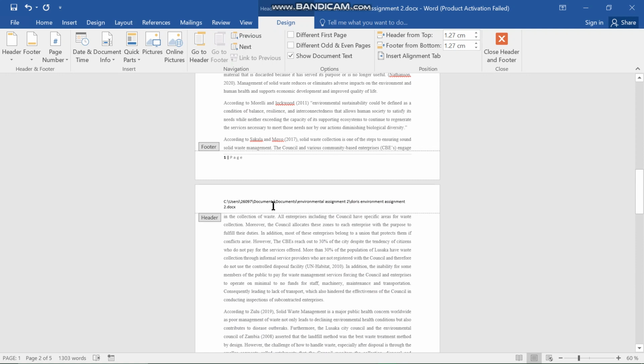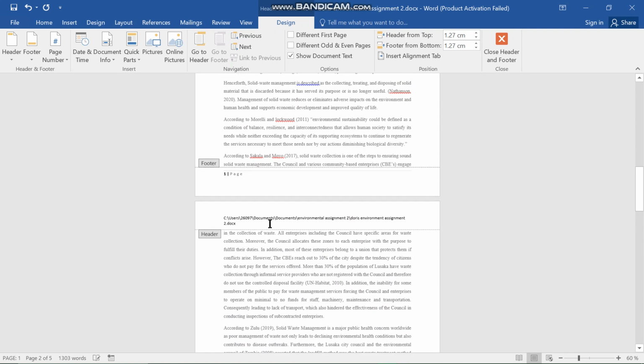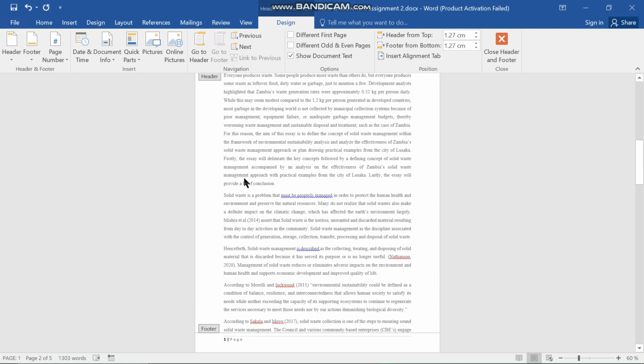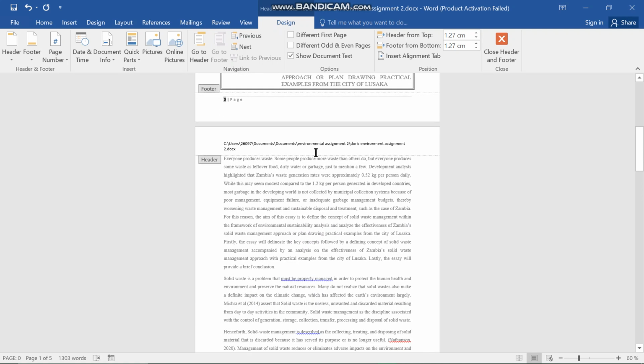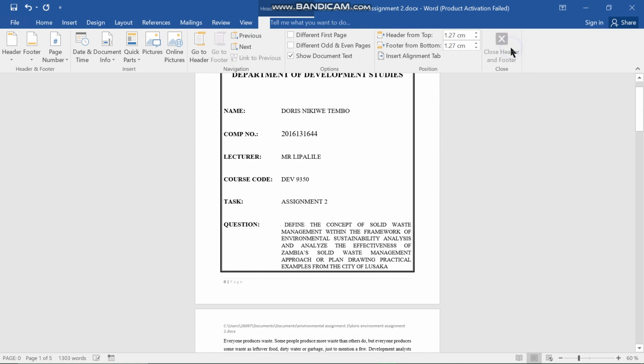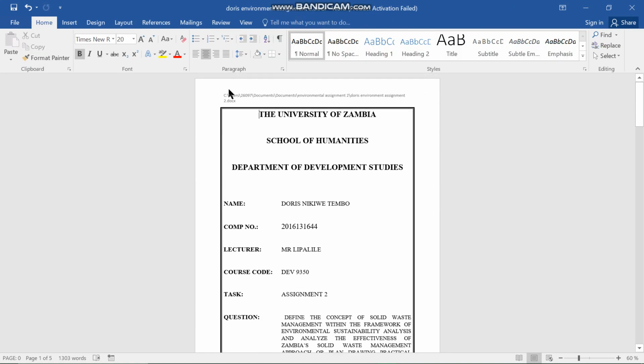So these things can also be used interchangeably. You can set your file location at your footer. Once you just start at the beginning there and say that you want your file location to be at the footer and your page numbers to be at the top, it is just going to separate for you. And so now that we are done, we are going to close,